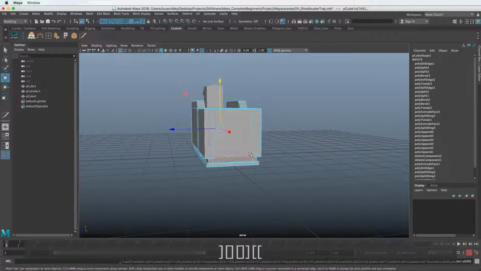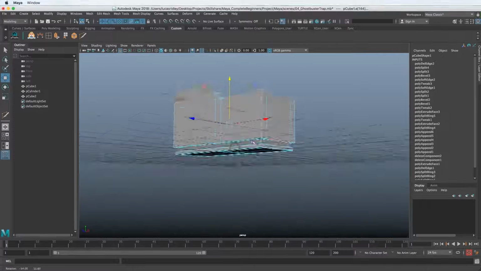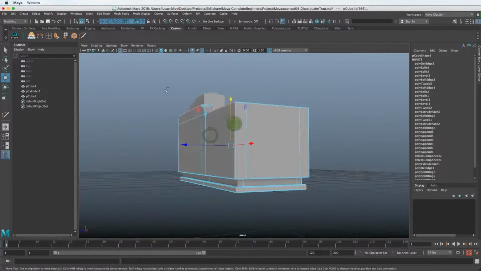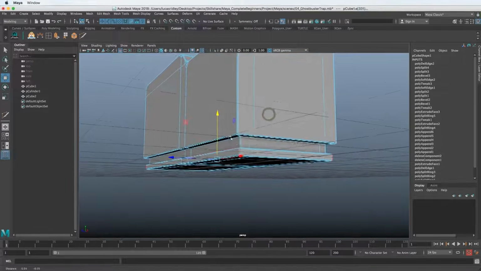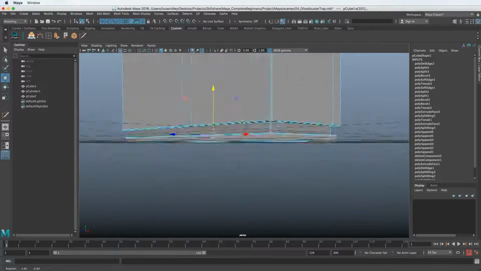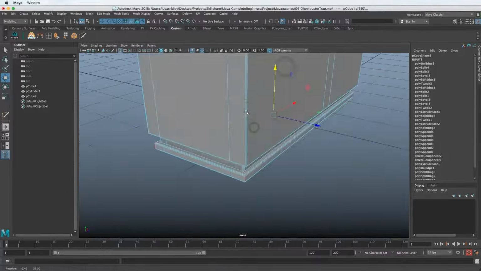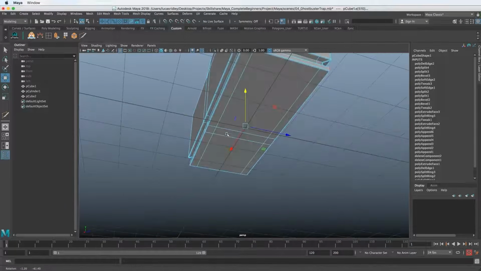I might have hit A, which is frame everything. And who knows why it went that way. This is just part of working in 3D sometimes. But yeah, just hit bracket and you can get back to the previous camera view if you ever miss where you went or something like that. Things go haywire sometimes. And if you know the tools well enough, it's not that big a deal to just get back to where you were.